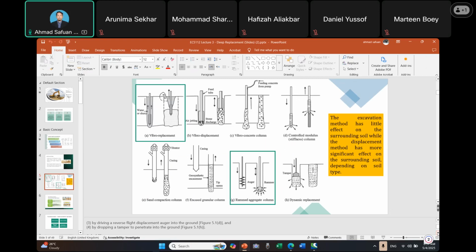So basically, the excavation is to create a hole first, then replace it with the granular material. While for the displacement, during the installation,